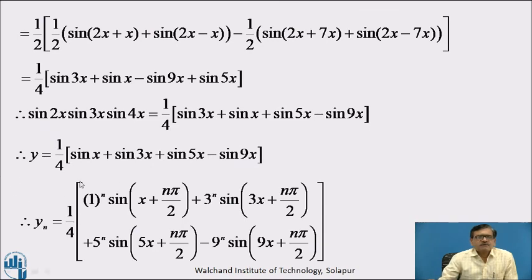Therefore, the n-th derivative by using the formula of sin ax we get yn equal to 1 by 4 as it is, and the n-th derivative of sin x is 1 raised to n sin of x plus n pi by 2, using the n-th derivative formula of sin ax, here with a is 1, plus the n-th derivative of sin 3x is 3 raised to n sin of 3x plus n pi by 2, plus the n-th derivative of sin 5x is 5 raised to n into sin 5x plus n pi by 2, minus sin 9x, here a is 9, that is 9 raised to n into sin of 9x plus n pi by 2. This was the n-th derivative of the